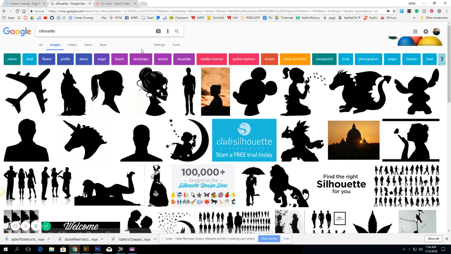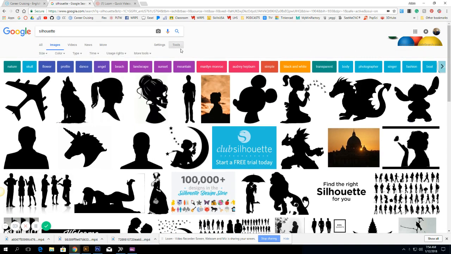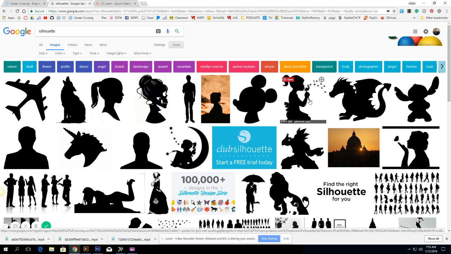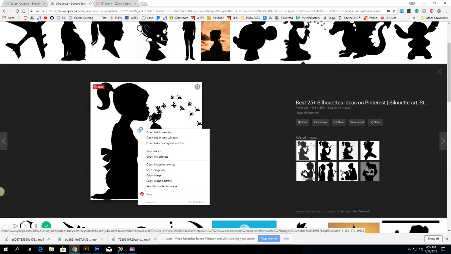easy to convert. Additionally, what makes it easier is if you go to Tools and Size and go to Large. You want to find the largest pixel count that you can. So hovering over this one, 630 by 630, that's okay. But something like this, 2000 by 2000, is going to turn out much more crisper, and it's going to save you editing time. So I'm just going to copy this one